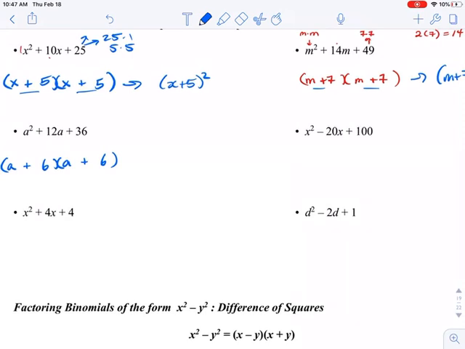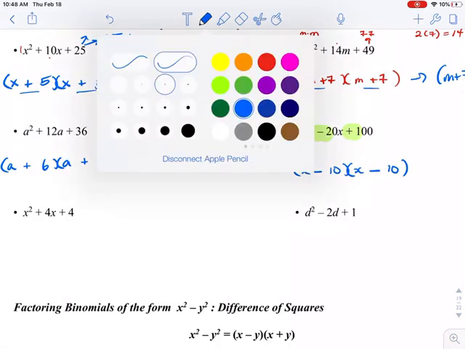This one's a little different because we have a negative sign and a positive sign. Well, if you have a negative sign and a positive sign, that means that there has to be a negative somewhere in your factoring. Otherwise, when you multiply, you're not going to get a negative in your outcome. Well, the first term is going to be x times x, and the last one is going to be 10 and 10. Now the question is, how do we get a negative for the middle term and a positive in the last term? Well, if we make both of these negative, when you do your expansion,